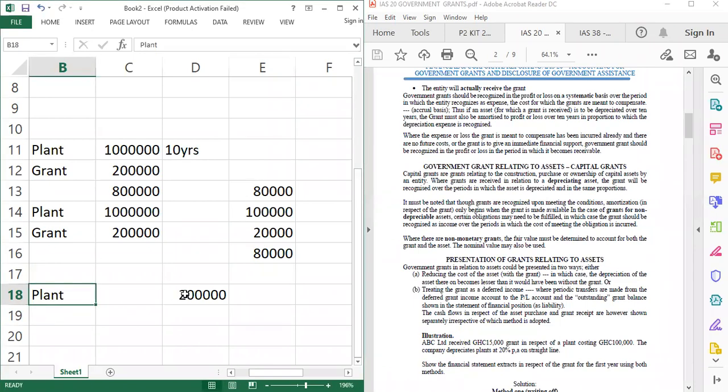I'm saying that the government has given you a plant as a grant. You want to venture into maybe a certain activity, and the government is saying that since you want to go into this activity, it will help the country. So because of that, we are giving you this plant to do this and this. It means that if you're not able to do what they are saying, you are going to return the plant back to them. For this part, this is a government capital grant. How are you going to account for it? Are you going to reduce the cost of the asset with the grant, or use the deferred income method? That's what I'm saying.